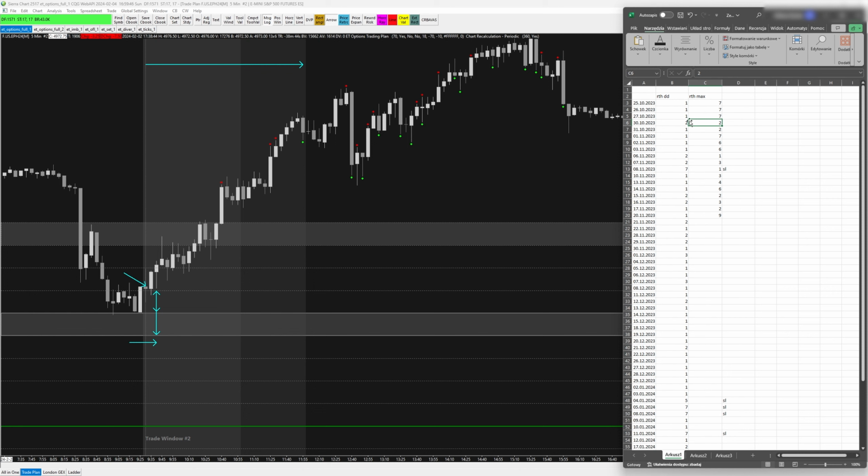Okay, and not every time, but at least half of the time when we have 1 unit of risk as initial risk, and the price doesn't go to the area of the second risk unit, then there is a much higher probability that we are dealing with a trend day. Okay, so